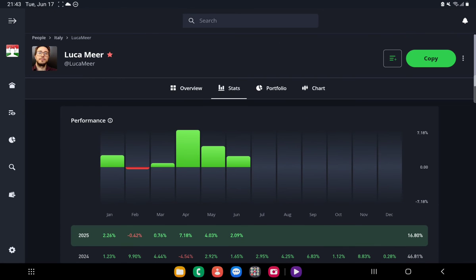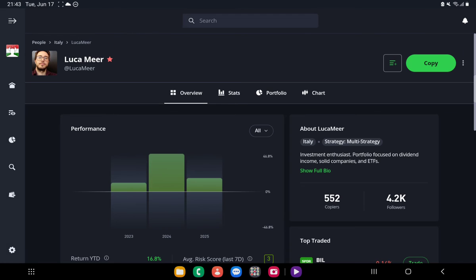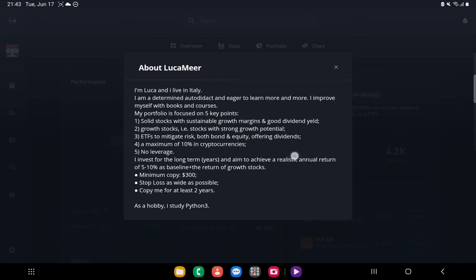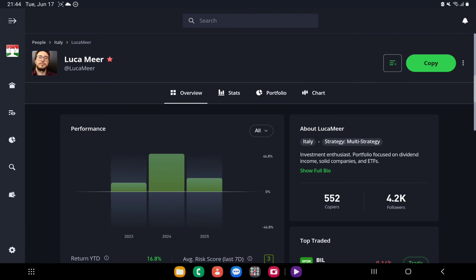Here we go. Go back to overview and very importantly see their full bio because there can be useful information on how much I should invest or how long I would like to copy this investor. So okay, I like his strategy, so I click on copy